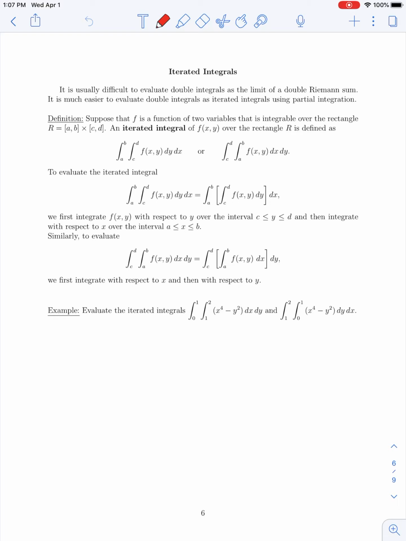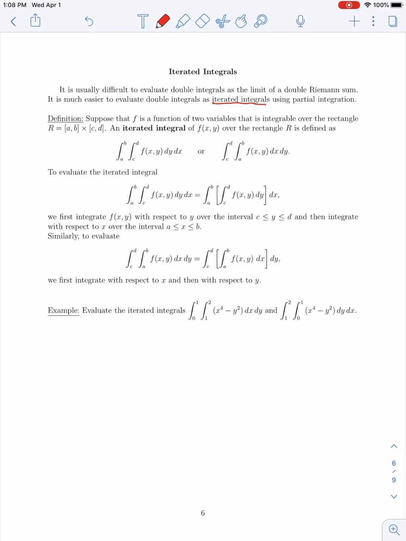Okay, in today's lecture, we're going to move on to the next part of the section 5.1 material on double integrals over rectangular regions. And in this part of the section, we're going to talk about something known as an iterated integral. So we saw, based off the definition of a double integral in terms of the limit of a double Riemann sum, well, it would be very difficult to evaluate these double integrals making use of that limit of